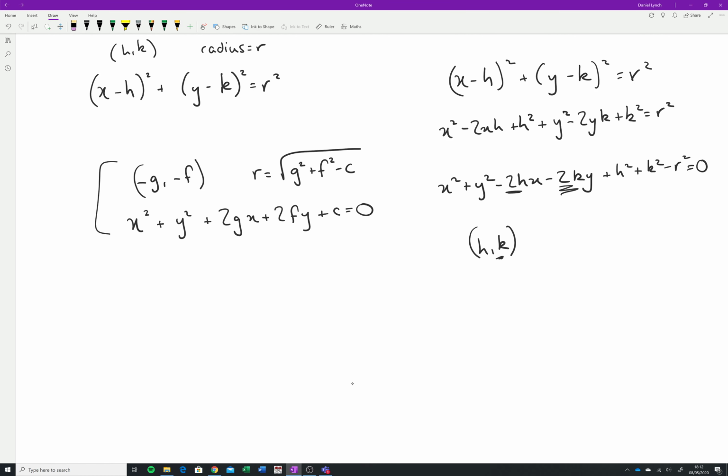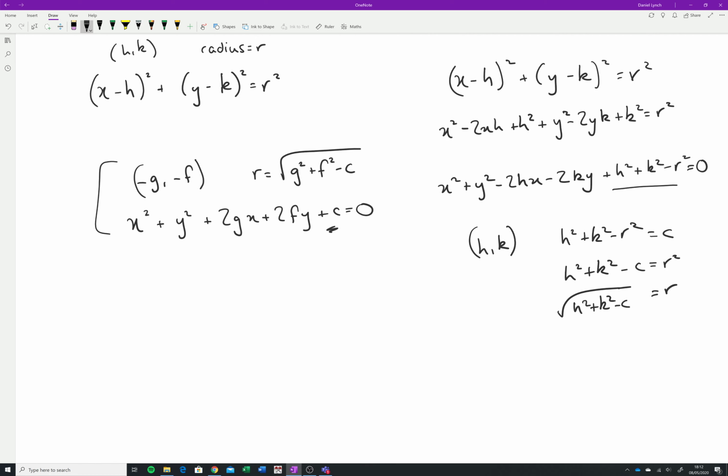And the last little bit to show you here is, of course, the bit that's left over, the bit that doesn't have any x's or y's: h squared plus k squared minus r squared. That should be equal to this thing over here. That should be equal to c. And if you do h squared plus k squared minus c is equal to r squared, then r will equal the square root of h squared plus k squared minus c, which is the exact same as what we're dealing with here,